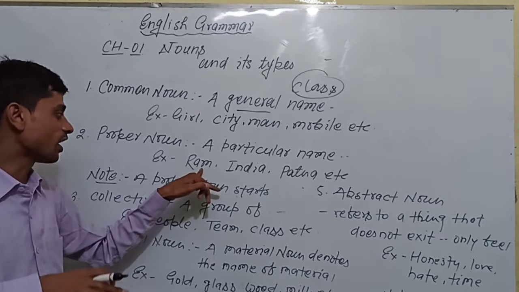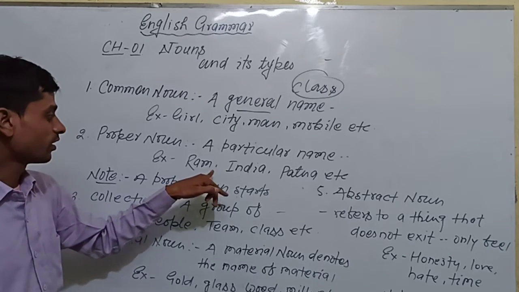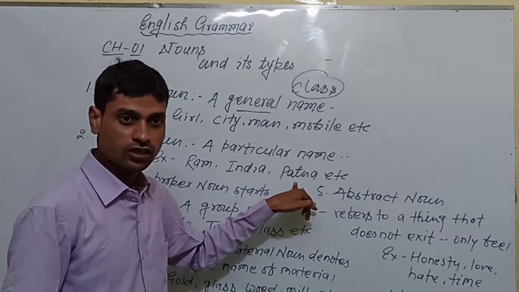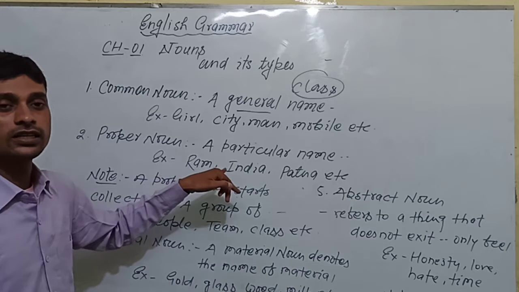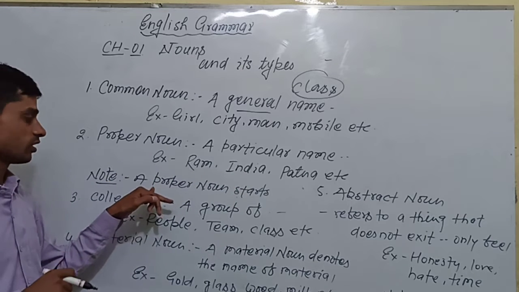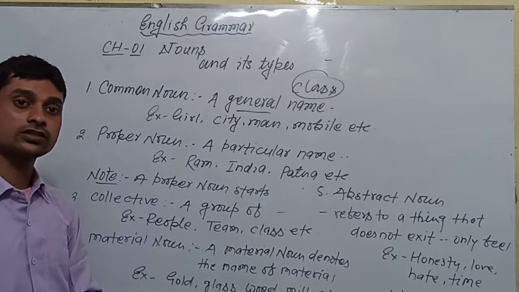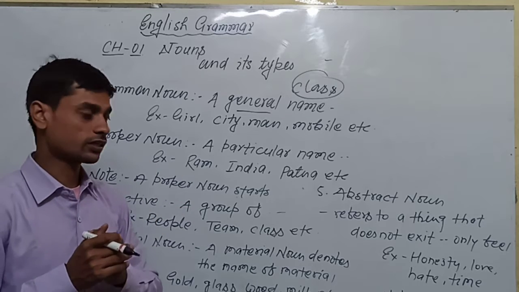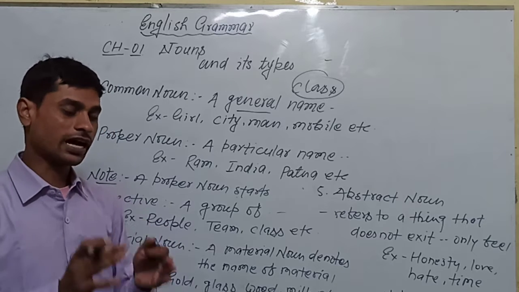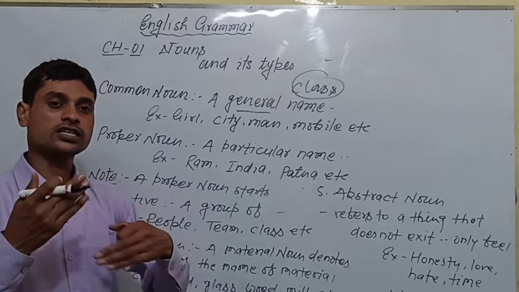Just like in boys, Ram is a particular name. India is a name of a country. Patna is a name of a city. So a noun which indicates a particular thing is called a proper noun. And a more important thing: a proper noun always starts with a capital letter. Suppose when you have to write the sentence "Ram goes to Patna", Ram will start with